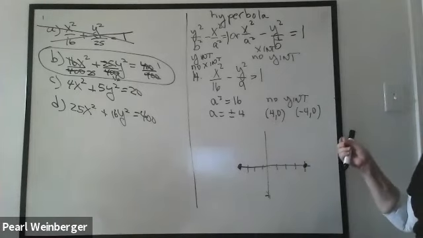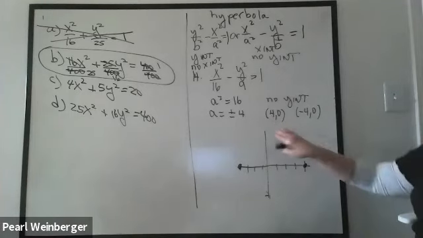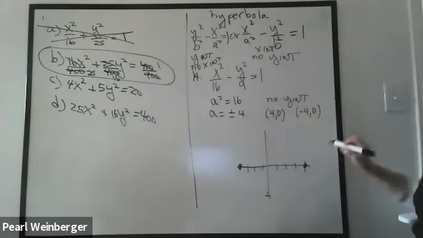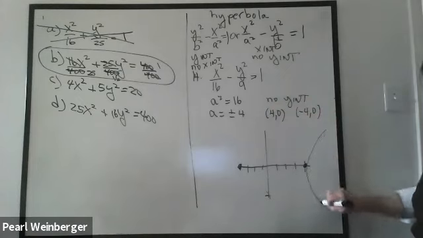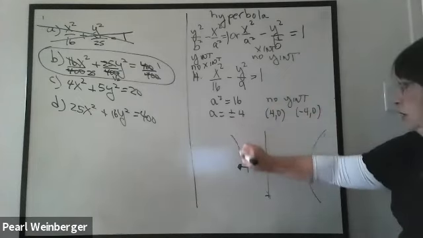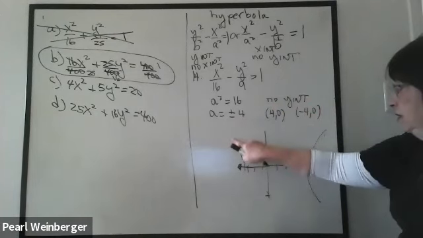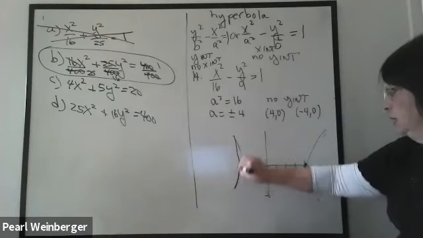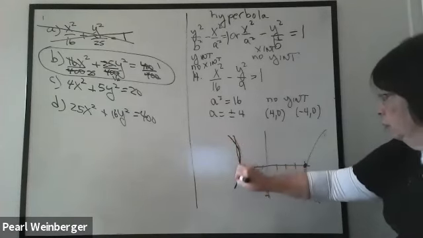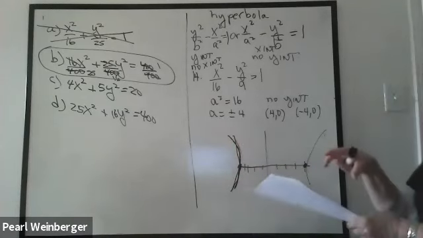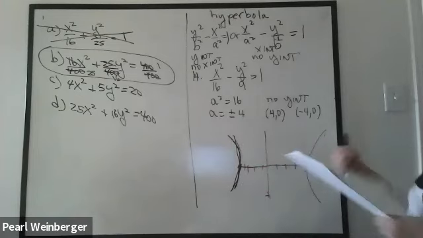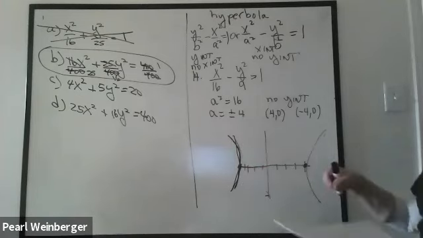The hyperbola has two separate branches. This hyperbola will never touch the y-axis. It has no y-intercepts. It just has these two backwards, shall I call them C's? Sometimes they are more curved, sometimes they're narrower, sometimes they're wider. But the big thing is there are these two facing away